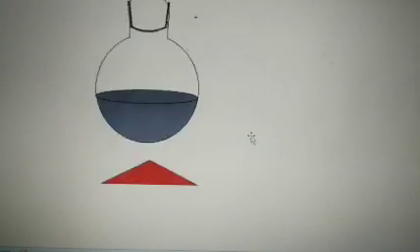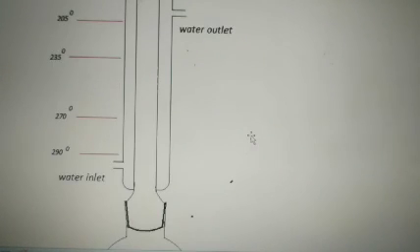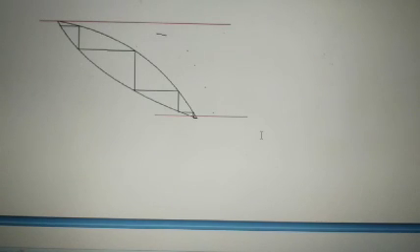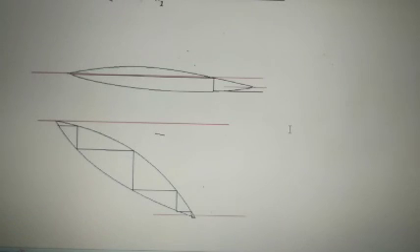If you have not followed, I will repeat it again in a different way, and then put your remarks regarding this, whether you are able to understand this part or not.